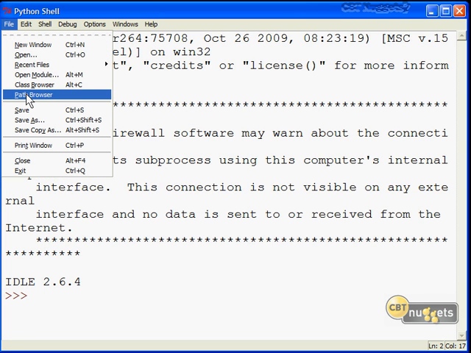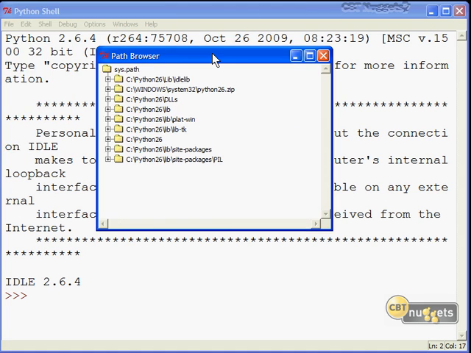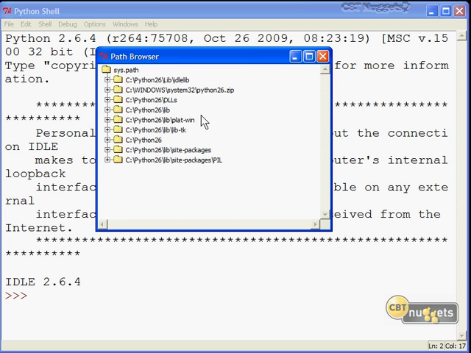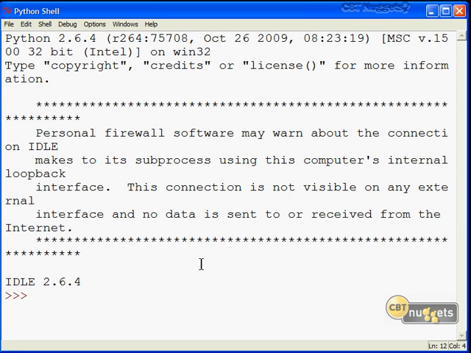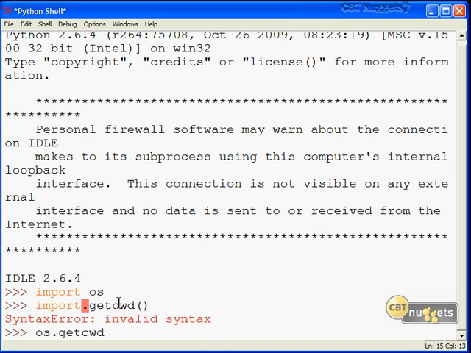We're going to be covering module programming very shortly, but one more time, let me open the File menu and select Path Browser to remind you that if you install any third-party modules and extensions, dollars to donuts, they tend to go under the Python directory, under lib, under site-packages. And you notice that the Python image library has its own folder and it exists directly in the sys.path variable. All right. So what we need to do to access images here is, first of all, it'd be easier if we would get to the appropriate directory. Let me import os and do a getcwd. That is to say os.getcwd. Get it right, Timmy, get it right.